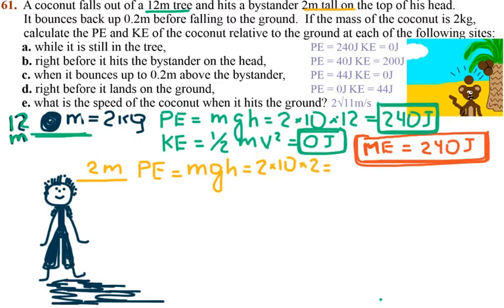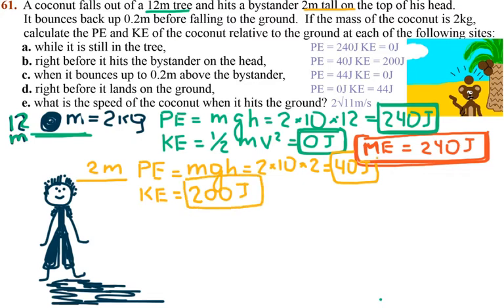That gives me 40 joules of energy. That means the kinetic energy at this height is equal to 200 joules, because the total energy of the system must be equal to